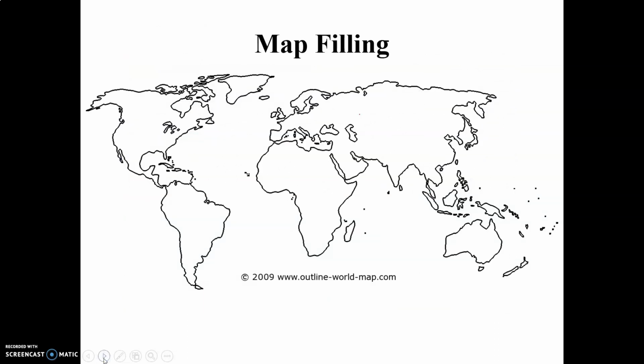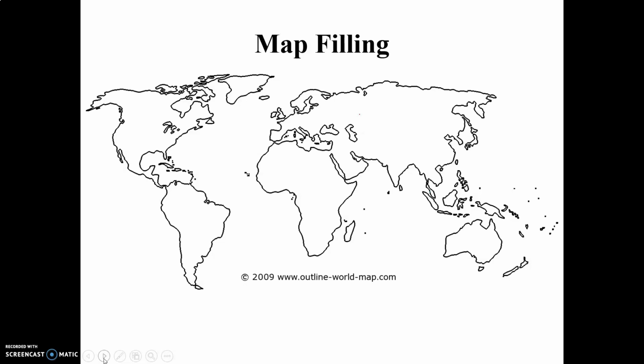So here we have covered all the cartographic techniques. Now how to read, how to do map filling. You know how to read a map, how to do map filling. Such kind of blank map is given during the descriptive test of Mumbai University, and you will be asked the country having the richest deposits of coal. You need to know which is the country. The country is USA, and you need to know the location of that country.